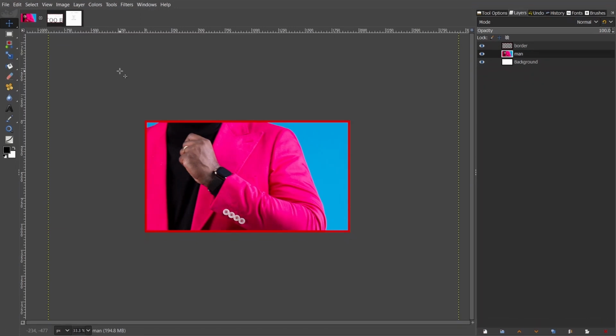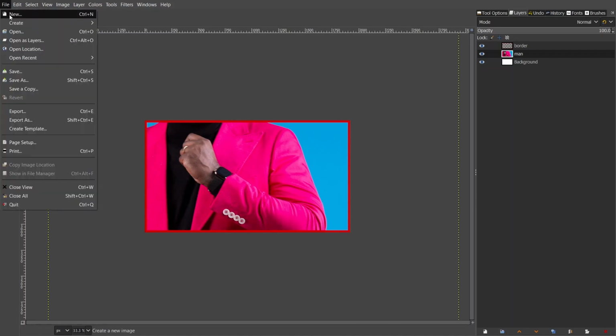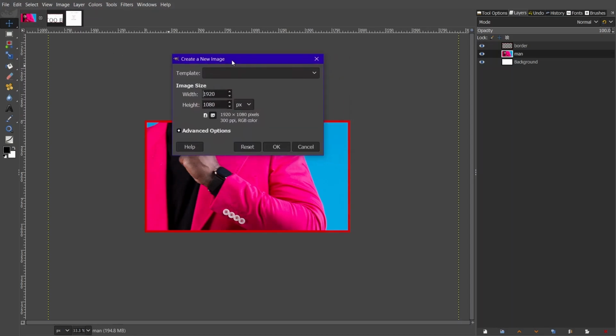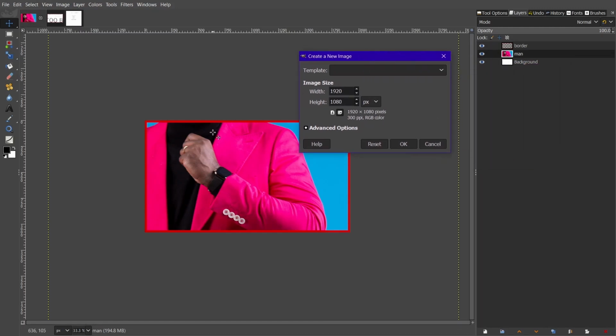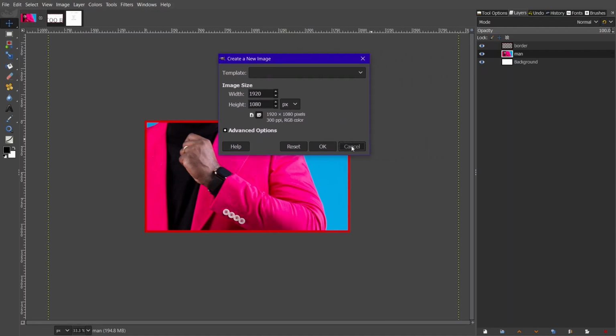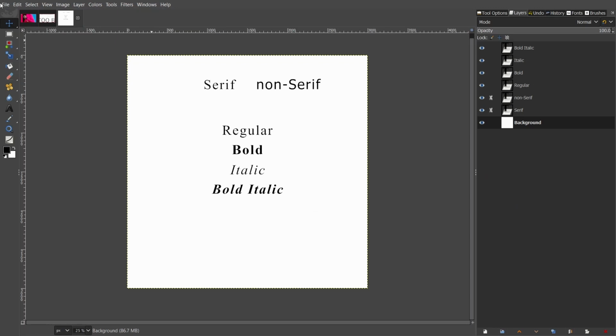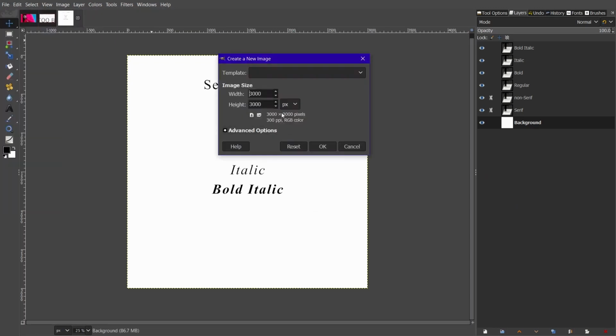There we go. So first off, when you want to make a thumbnail, first you gotta get the size and proportions right. So what you're gonna do is go to File, New, and that's gonna come up with this box. Now generally it starts out with 1920 by 1080, but if you already have an image open, like right here, it will default to the current size of the canvas. So if we had an image open that is like this, 3000 by 3000, it would change. So I'm going to set this at